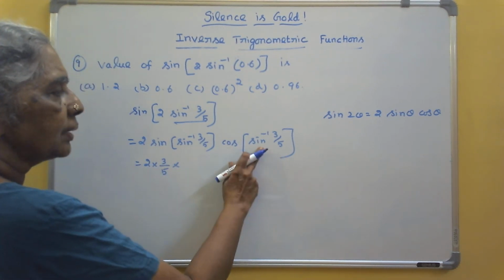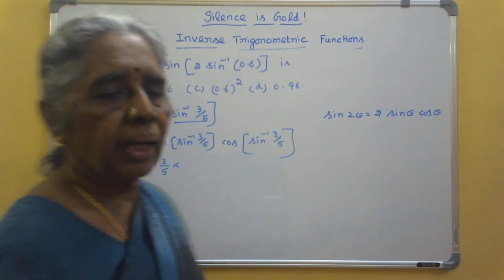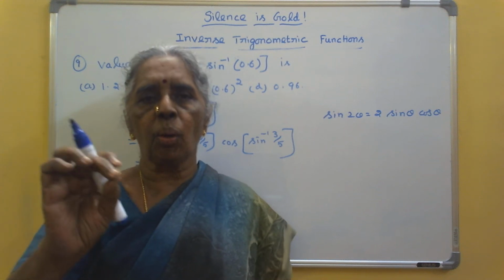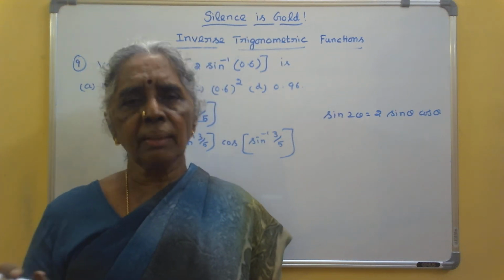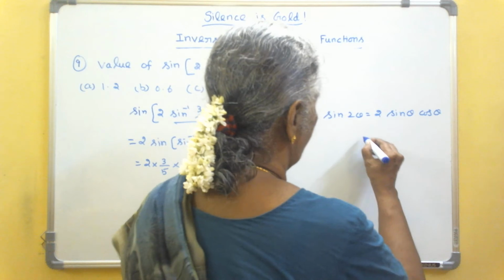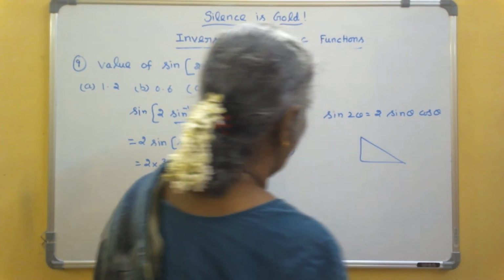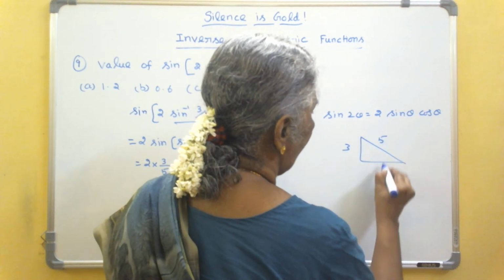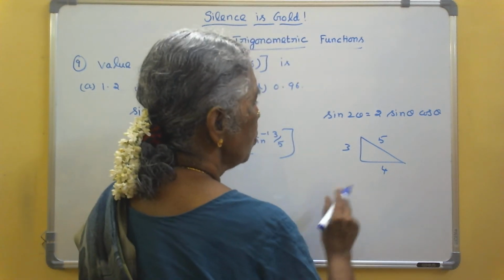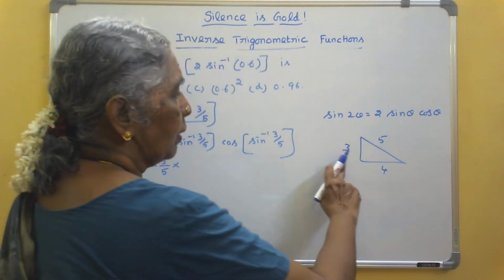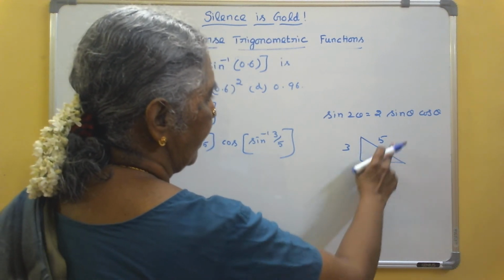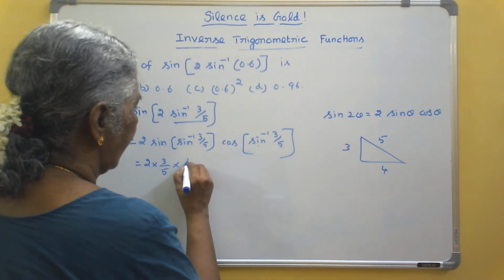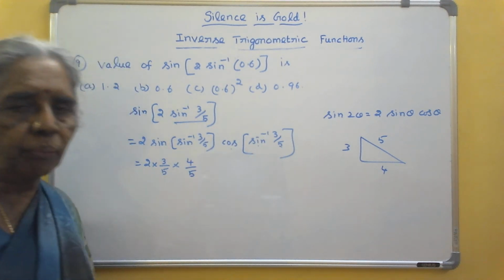Here you have your cos and here you have your sine inverse. Now, in inverse trigonometry, you should know how to convert one inverse trigonometric function to another using the triangle concept, that is, the Pythagoras theorem. So, here just have your triangle. This is sine inverse, so this is 3, this is 5, this is 4 automatically. Because it is sine inverse 3 by 5, I can write cos inverse 4 by 5. So, cos of cos inverse 4 by 5 will give you 4 by 5, right?